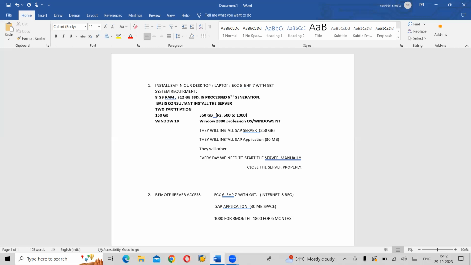So probably, I'm not sure, because earlier the person who used to provide us, they used to charge like this. But what is the problem? These server accesses, those people will give to more than 500 people. So the same server, more than 500 people will work. If one person changes any configuration, then normally this kind of problem happens. It's a kind of general ward in a hospital. Clear? It would be like a general ward, right?